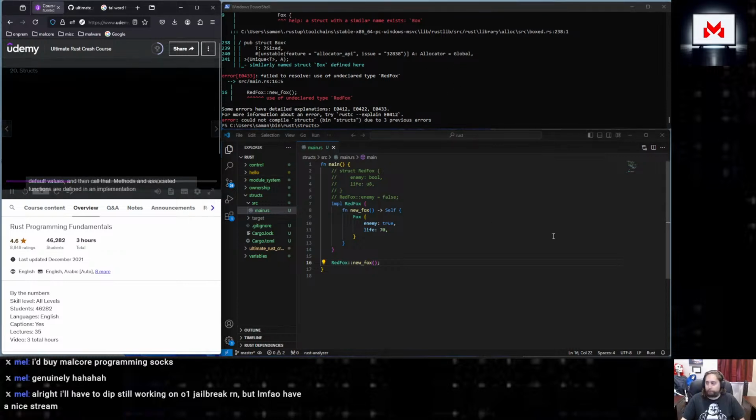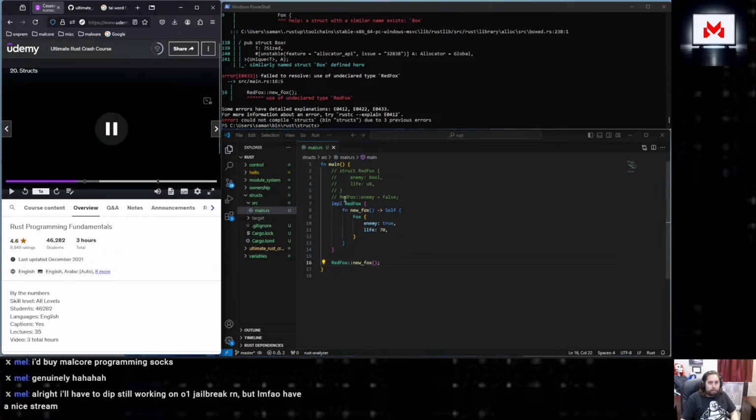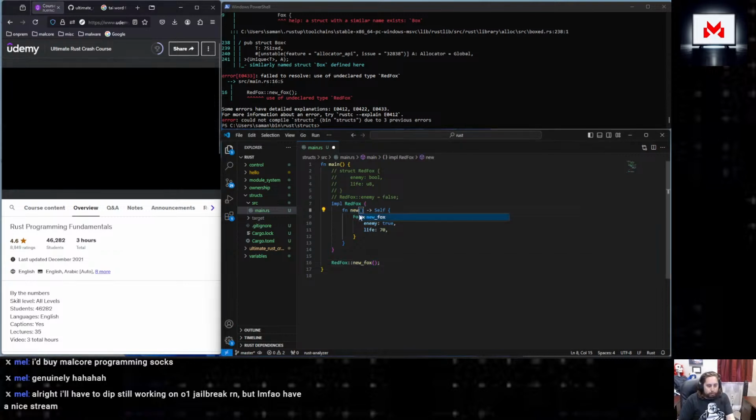Undeclared type. No. Associated functions are defined in an implementation block that is separate from the struct definition. Function new. Here, let's do it that way. The implementation block starts with impl, and then the name of the struct whose functions and methods you are going to implement. Okay. This is an associated function because it doesn't have a form of self as its first